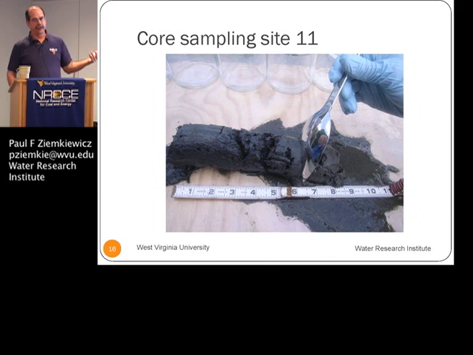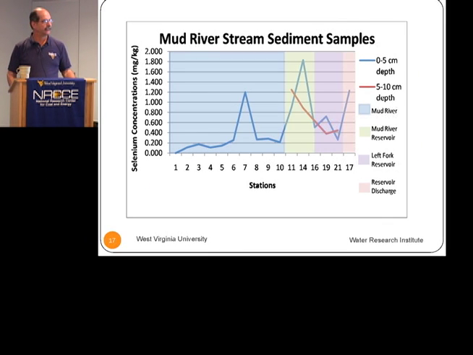This slide shows one of the cores. Now, the total organic carbon concentration, even though this is pitch black, is only about 2 to 4, maybe 5%. So it's not what I would call peat or even histic soil, but it's enough, obviously, to turn everything black and